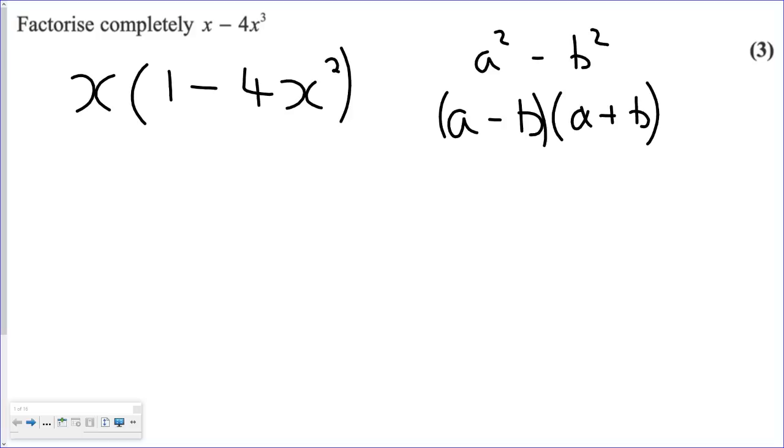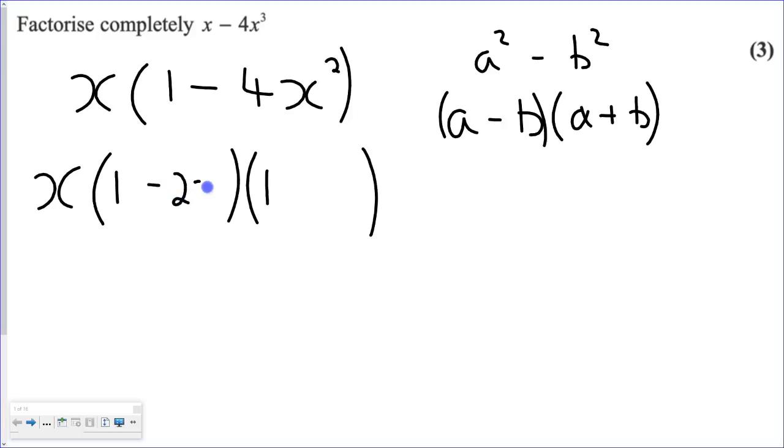What I need to do is find out what happens when I square root the 1, and that will be my value for a, and also what happens when I square root 4x squared, and that will be my b. Well, the square root of 1 is just 1, so let's put that in there. And then the other term that's going to go in the bracket, I'm going to put a minus 2x in here, because the square root of 4 is 2, and the square root of x squared is x. Because this is a minus 4x squared,